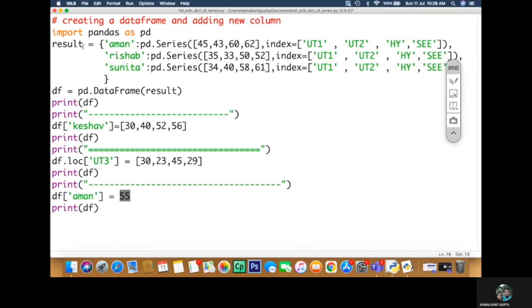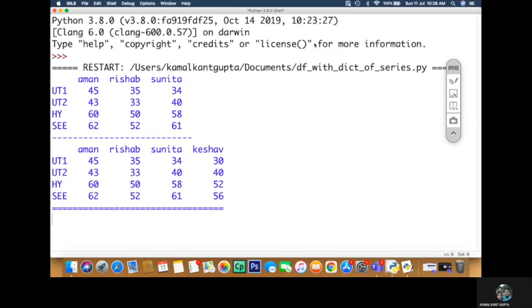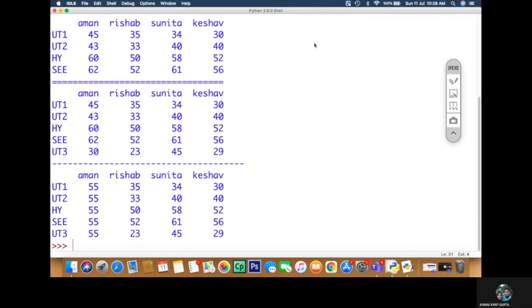Let us see what happens when we execute this code. See here what happened. All the marks obtained by Aman became 55. You can observe that Aman has got 55 in UT1, 55 in UT2, 55 in the half-yearly, 55 in the second exam, and 55 in UT3 also.